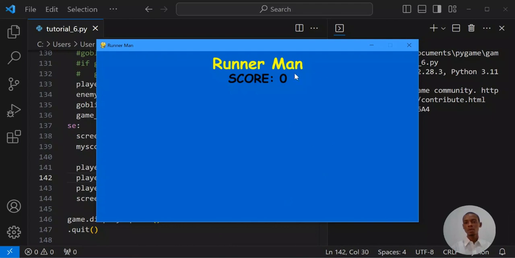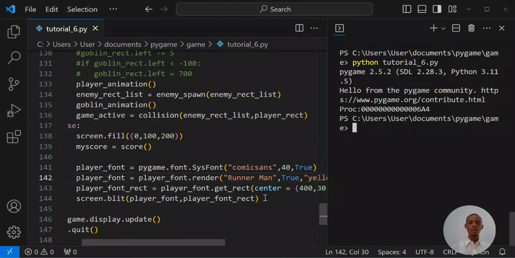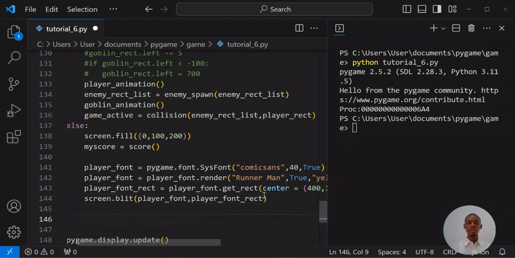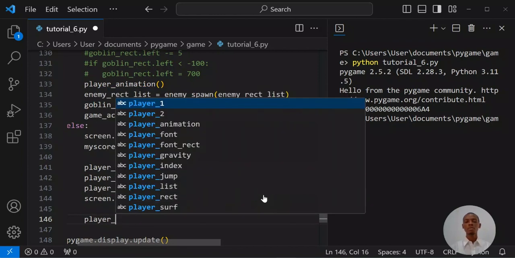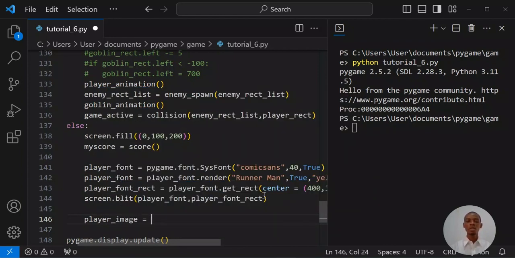Then you can see our runner here. Then the next thing I want to do is I want to have an image of our character there so that the screen will not just be that blank. I'm going to say something like the image. I'm going to make it Pygame dot image.load,